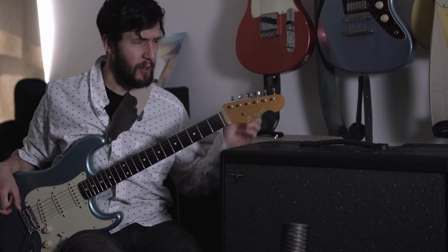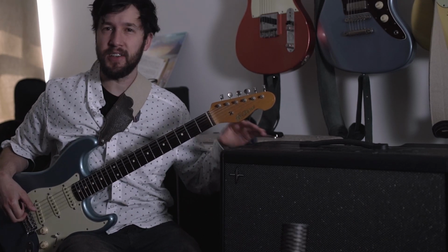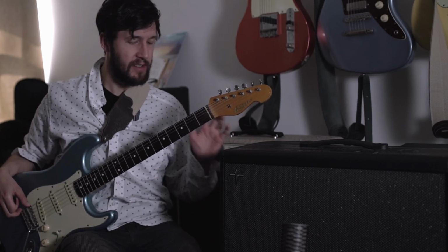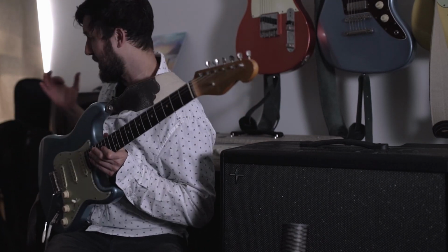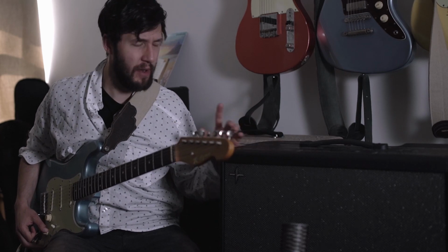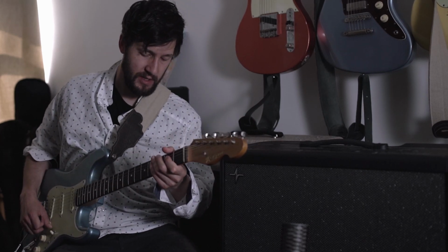I did say that I would do some more stuff with the Powercab when it was appropriate, so I loaned this from Yamaha, Line 6. I haven't had a chance to gig it, obviously, because there haven't really been gigs, but I'm going to be gigging it on Friday. I've been setting it up and trying to play it at volume in my room, and I found something which I think sounds as close to a real cab as you can get out of this thing. I compared it with a Mesa Widebody with a Seymour Duncan Power Stage, and to me it was close enough that with the Powercab I'd be totally happy. I'll report back after the gig, but I just wanted to share what I'm doing, so here's...